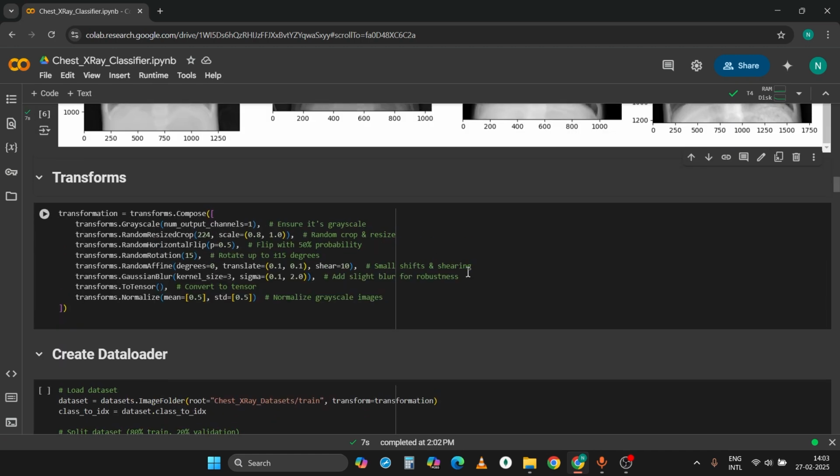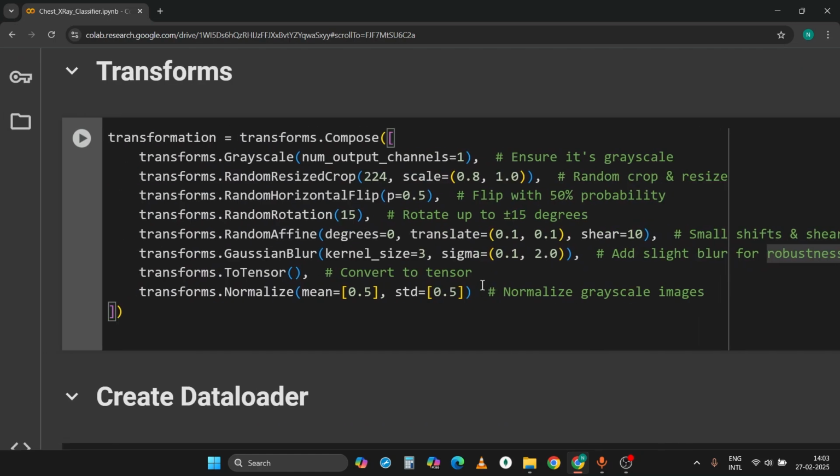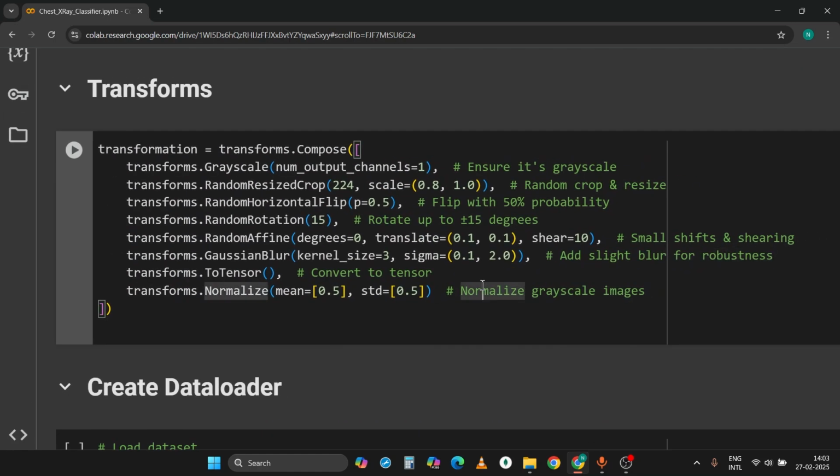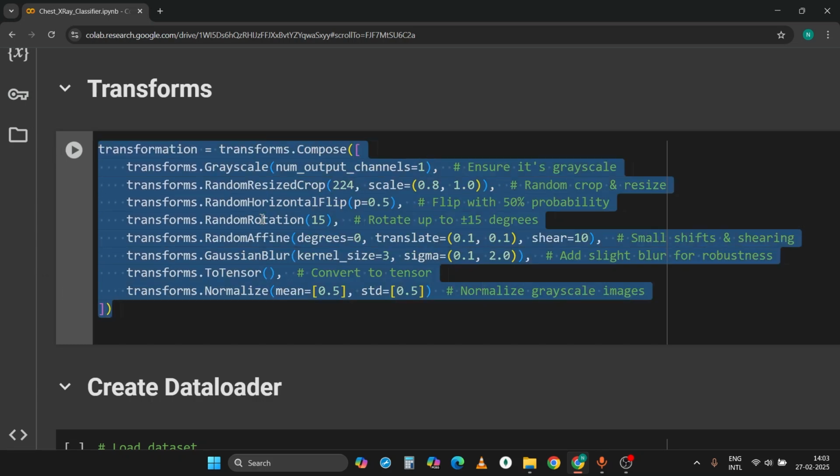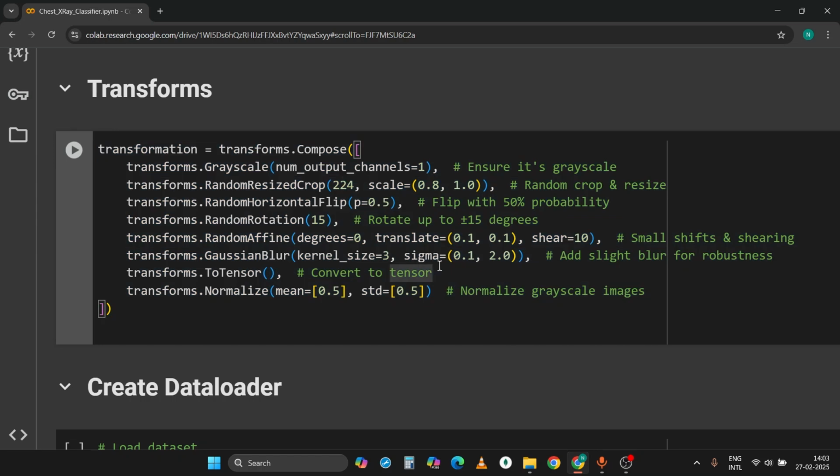Now let me make a data augmentation and transformation. And why? First thing, data augmentation is used here because the number of images is around 1500 to 1600, and this quantity is low. So to avoid overfitting, we use data augmentation. Data augmentation basically increases the variety of the images and makes the model more robust so that it increases the accuracy. Okay, that's why we apply data augmentation, because it provides a variety of images and also